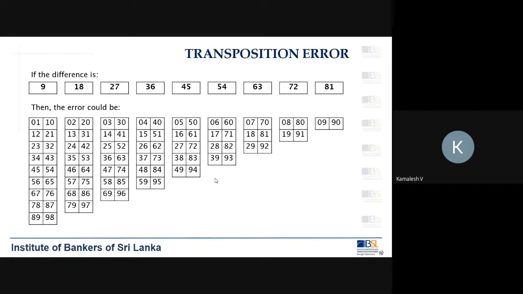Every column will reflect the ultimate number, and you will see it is 9. This column will reflect a difference of 9. This column will reflect a difference of 18, which is again 1 plus 8, 9. Here 27 means 2 plus 7, 9. Likewise, every number here, when it gets interchanged, results in a value of 9. That is why we call it inversion. Inversion means an interchange like this. Hope it is understood.